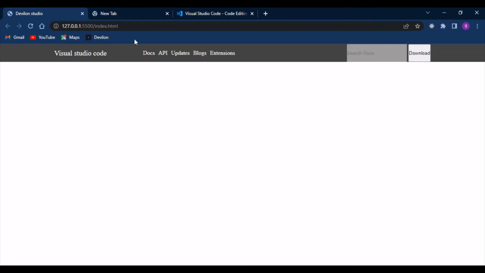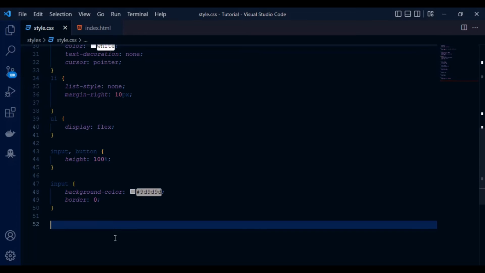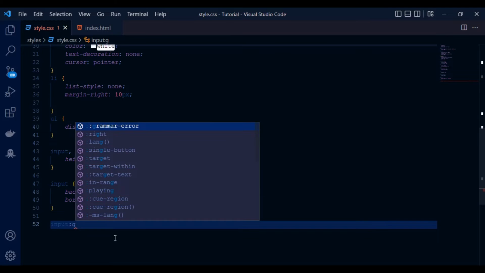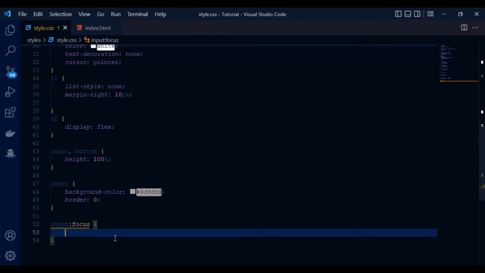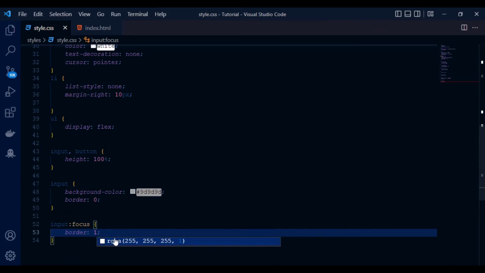Let's see. So just say what? Your input, and what? Dot, or colon focus. So let's say our border, you want to change the border, right? Let's say border 1 pixel and solid white. So you can change anything here. So when you focus,